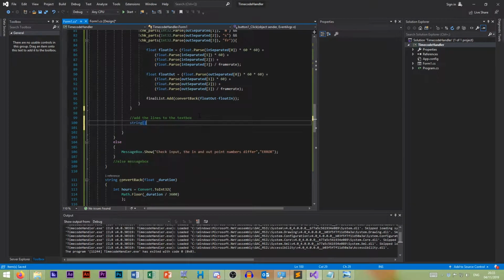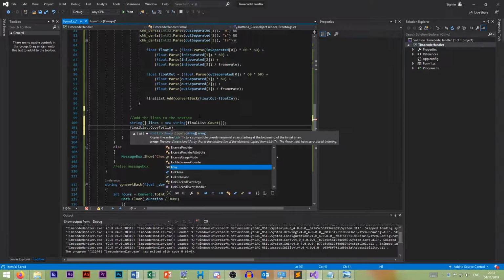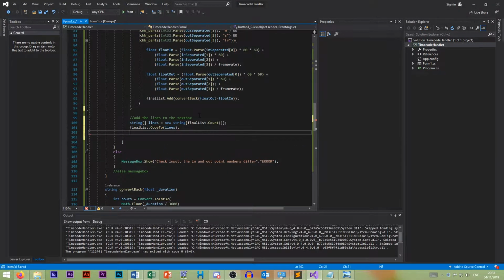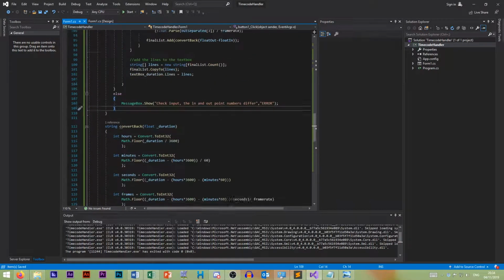So we have a string, which is an array of all of our different lines. So let's go new string. And we know how long this is, so we should use an array rather than a list. So this is our final list.count. So we create an array which is as long as our list. Take our final list and we copy it to our array. And finally, we take our text box with our duration in it, and we set its lines to be our lines variable. So with all of that,